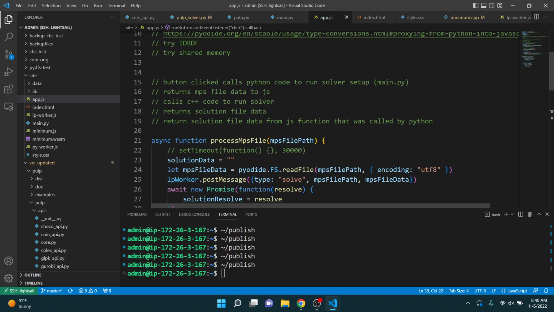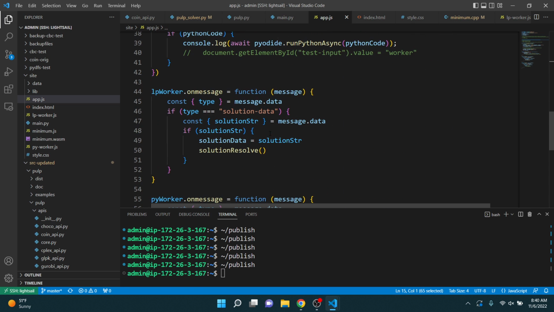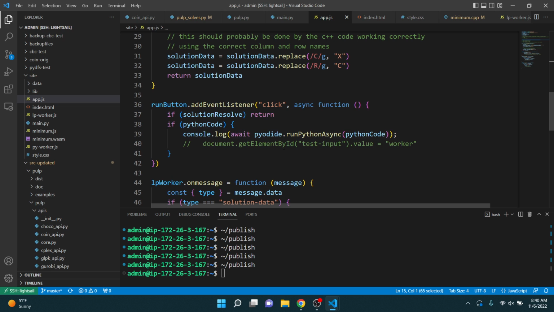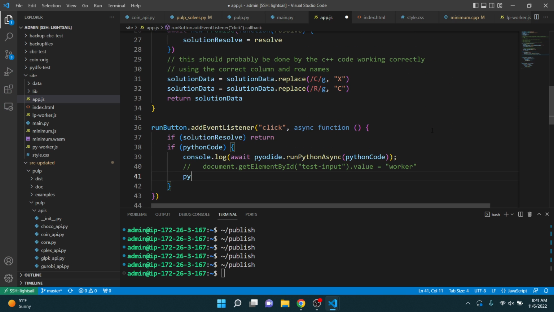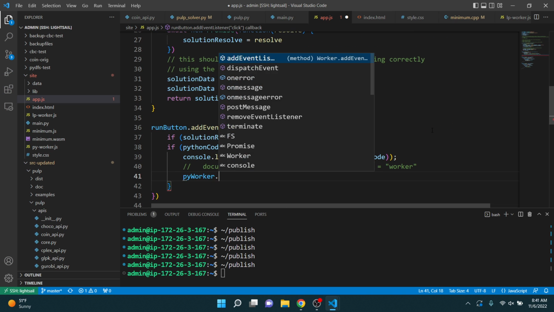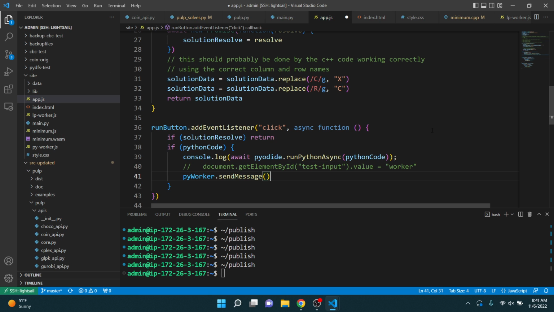Okay, button clicked, calls Python code to run solver. Okay, so let's go through that flow right now. So button clicked, if Python code, await. Right, so this is actually going to do a send message. I might want to clean this up. There's going to be a PyWorker dot send message,